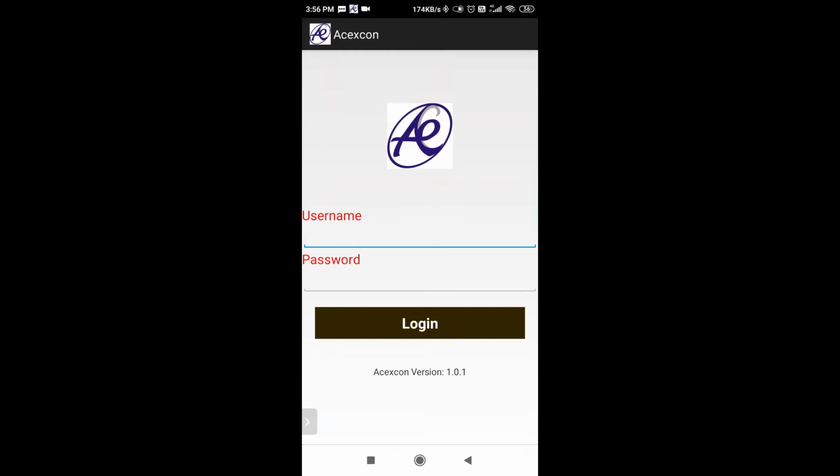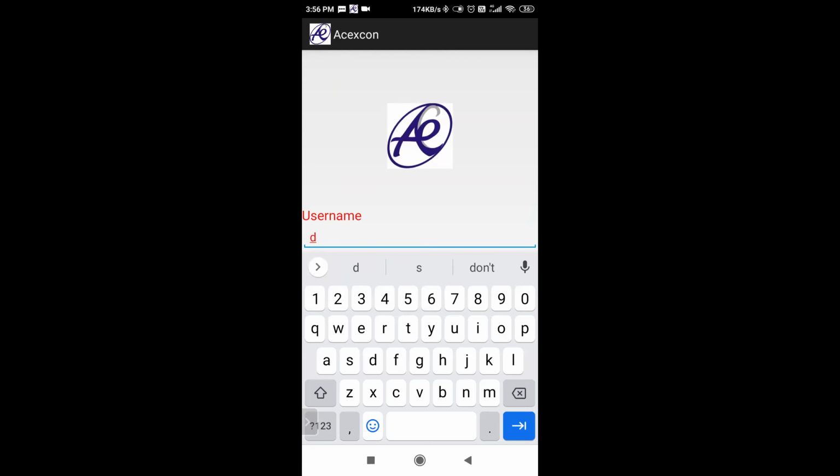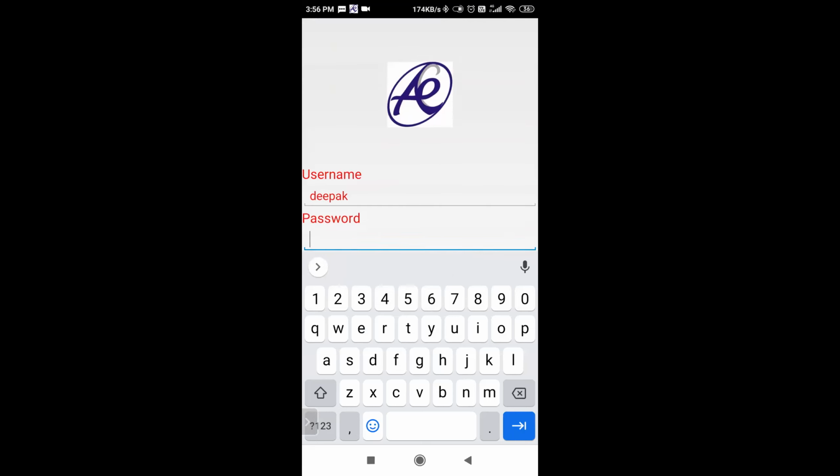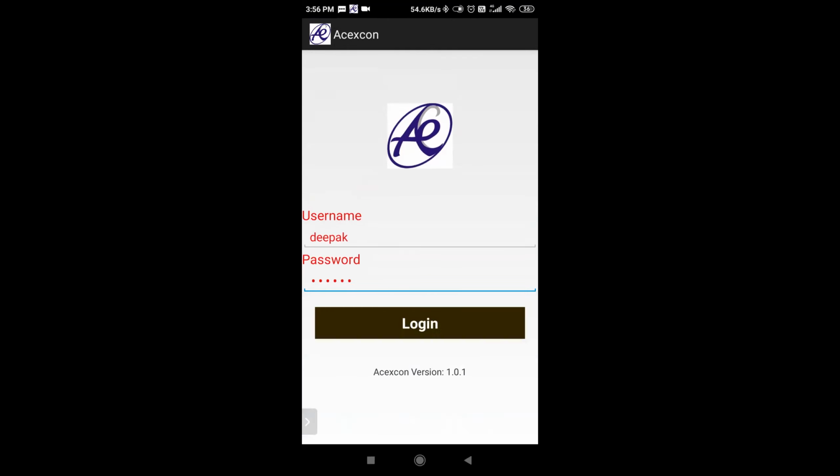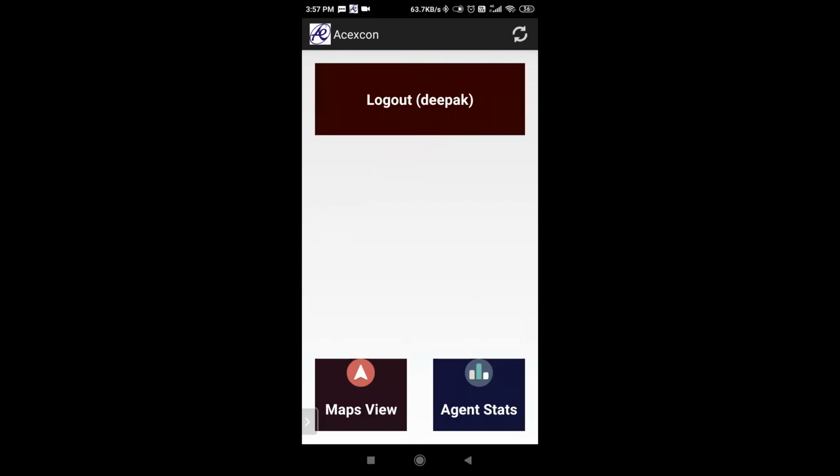Mr. Vijay. So this is the basic login screen for the app. The executive will log in with the given username and password. When he clicks on login, he'll be taken into the dashboard over there.